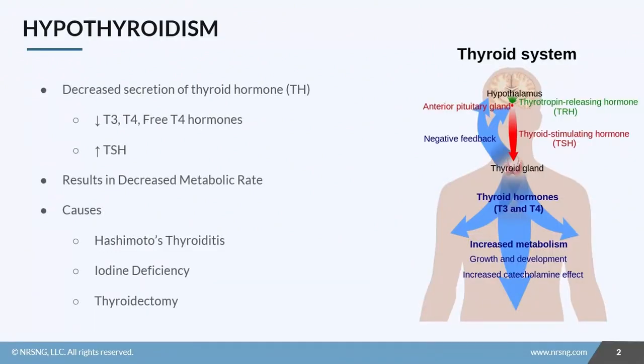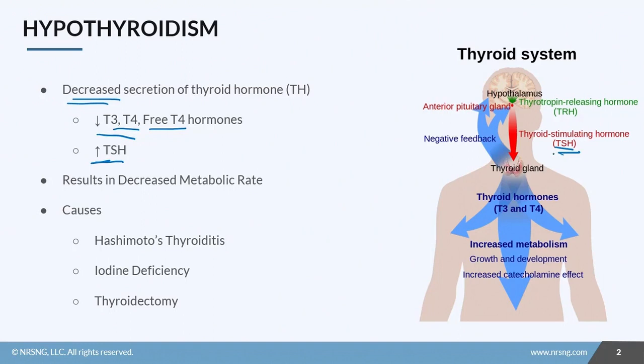In this lesson, we're going to talk about hypothyroidism. You can already start to guess what it is by the name. Hypo always means low or not enough, and obviously we're referring to the thyroid gland. So hypothyroidism is a condition of decreased secretion of thyroid hormones. So we'll see decreased T3, T4, decreased free T4 hormones, and we'll also see increased levels of TSH or thyroid